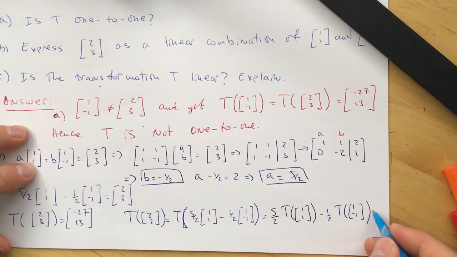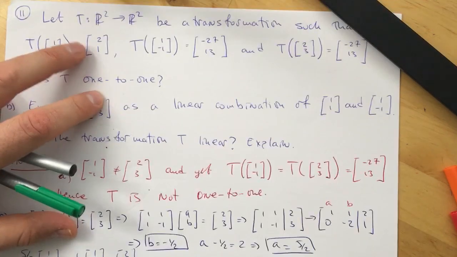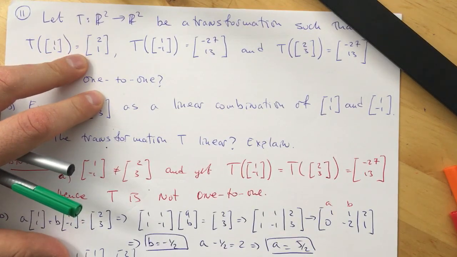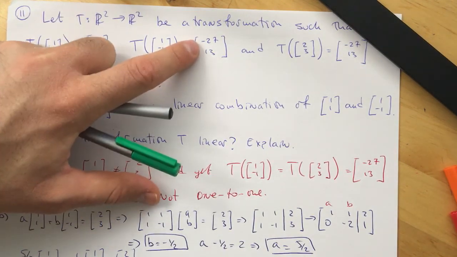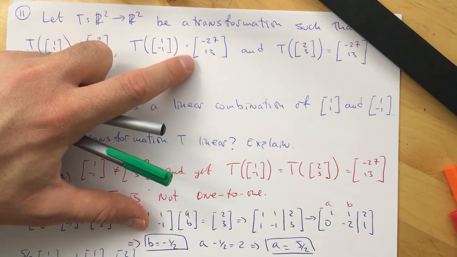These two transformations are given, so that's 5/2 times the transformation of the vector 1, 1, which is 2, 1, minus 1/2 times the transformation of the vector 1, negative 1, which is negative 27, 13,